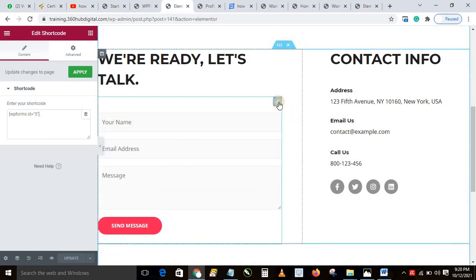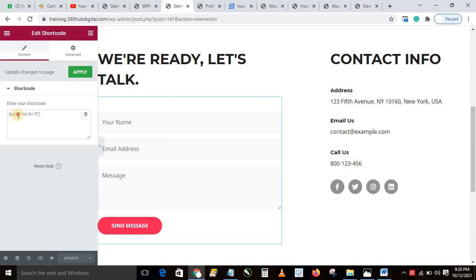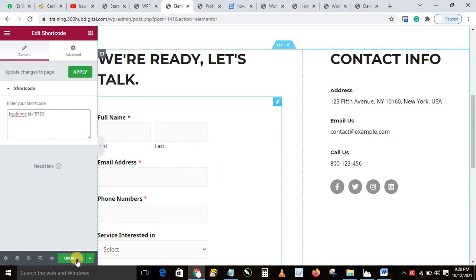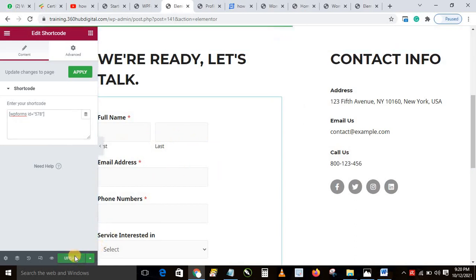Once you click on this pencil icon, you will see this option here. You remove this and paste what we just created and wait for this to load. So our form is now here. What you want to do is click update. Now if you update and go to the contact page